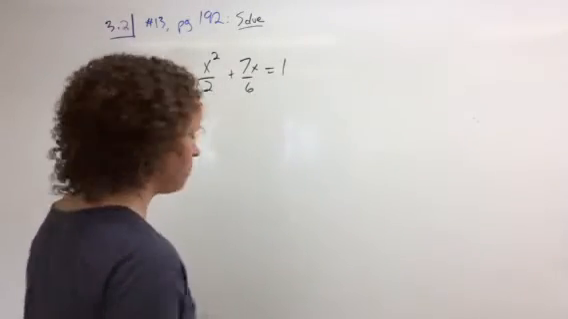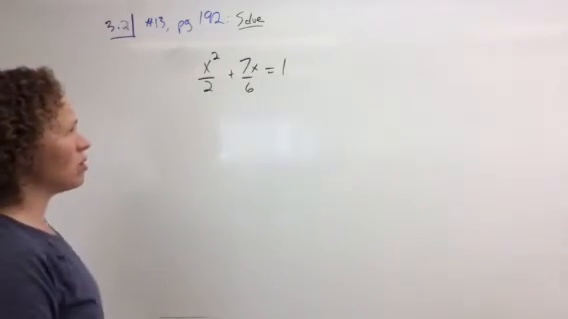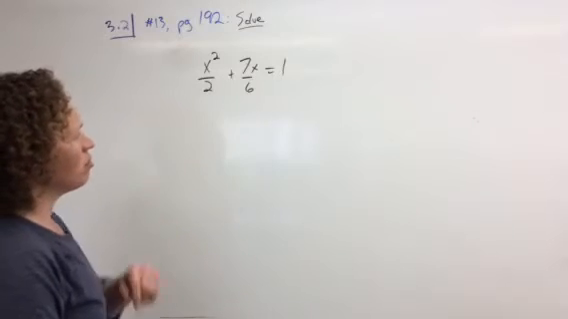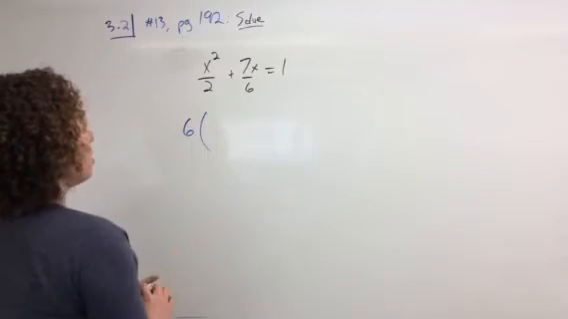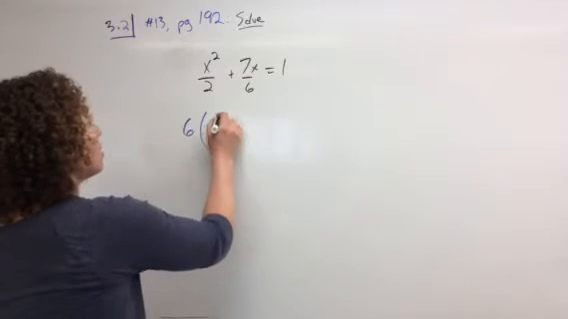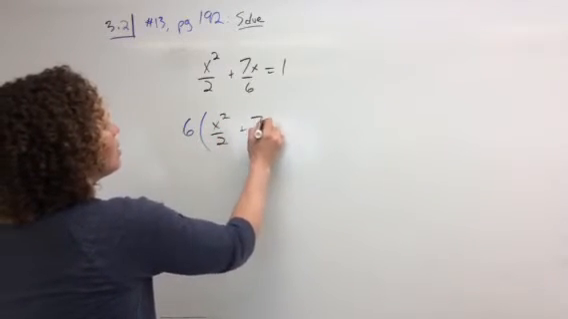So here's what I mean. I have this equation. I've got a 6 on the bottom. So what I'm going to do is multiply the entire equation by 6. So what that ends up looking like